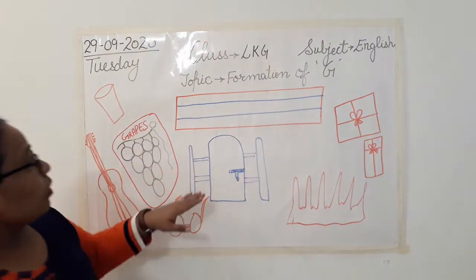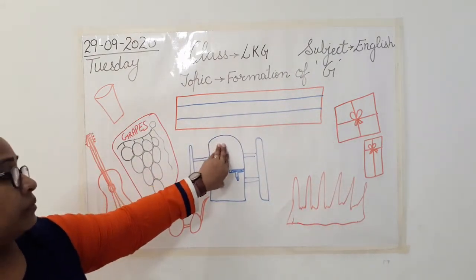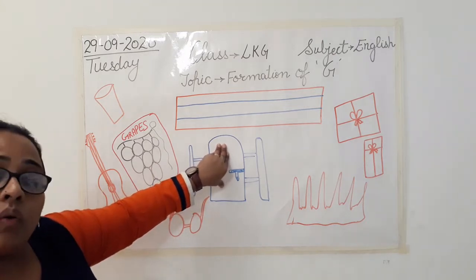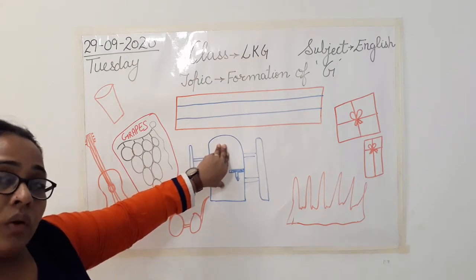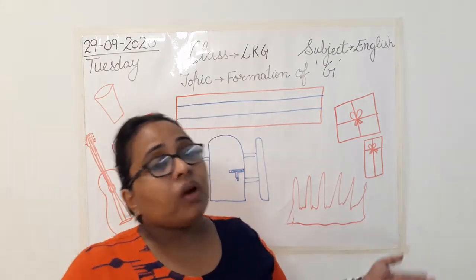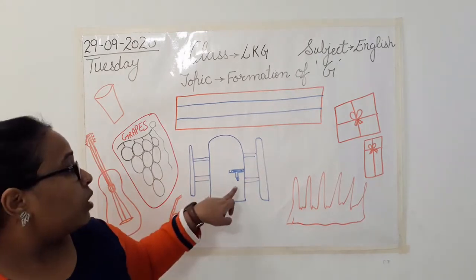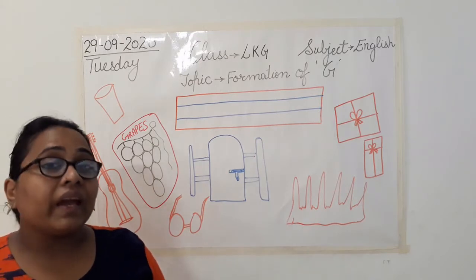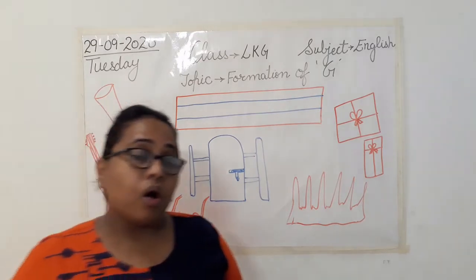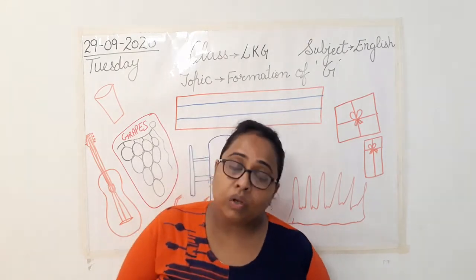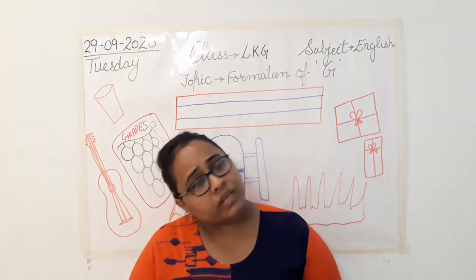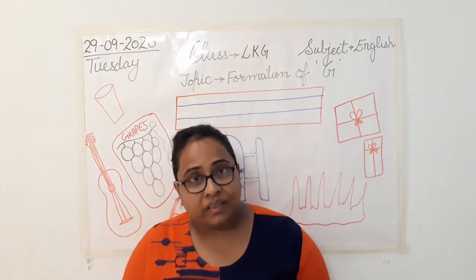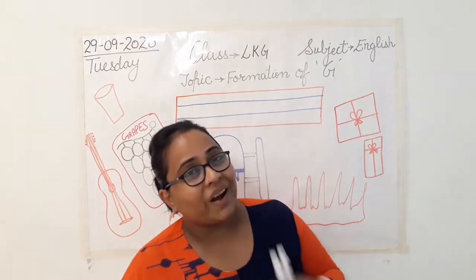Okay now. What is this? We always close it, open it when we want to enter and go out. जब हमें कहीं अंदर जाना होता है we open and we go. When we are going outside our house तो हम इसको lock लगा के जाते हैं. So what is this? It's a gate. Gate. All of our houses have a gate. School का, class का, room का, सबका होता है ना? So that is a gate. जिससे हम अंदर जाते हैं या बाहर आते हैं.